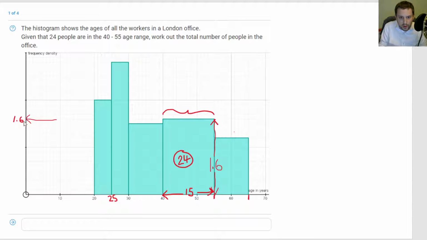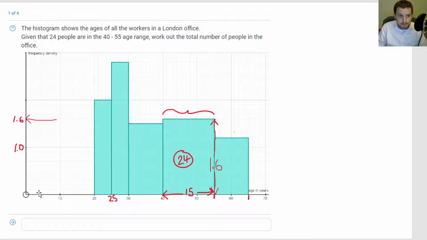And so what you have to do is work out what this is going up in. So let's just see, I'm just going to guess because of how tall it is and the fact it says 1.6. It looks to me like it might go 0.1, 0.2, 0.3, 0.4, 0.5, 0.6, 0.7, 0.8, 0.9, 1.0. So if I put 1.0 here, I think this is going to be right if you keep going. 1.1, 1.2, 1.3, 1.4, 1.5, 1.6. So each of the little squares, which is very hard to see, each of those is worth 0.1 on the